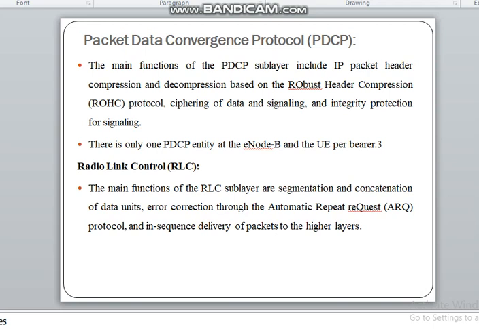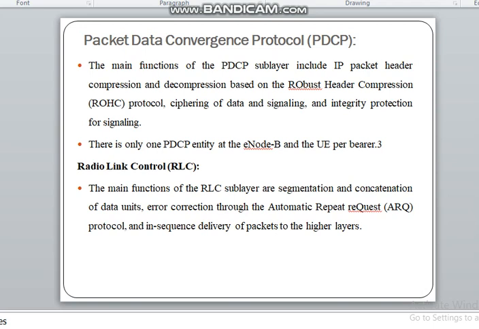Next one is the radio link control, RLC layer. The main functions of the RLC sublayer are segmentation and concatenation of data units. While transmitting data, it has to segment and split the data, and concatenation also it has to do.